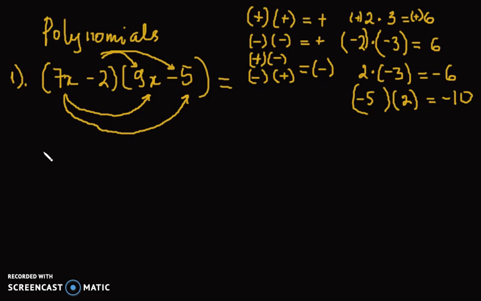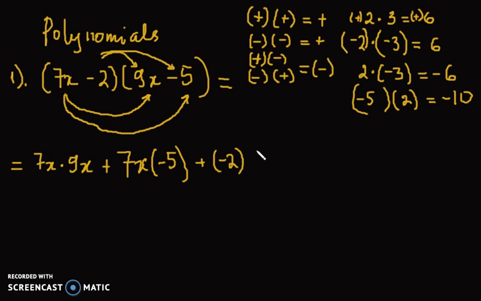So you would write: equals 7x multiplied by 9x, plus 7x multiplied by -5, plus -2 multiplied by 9x, plus -2 multiplied by -5, equal to